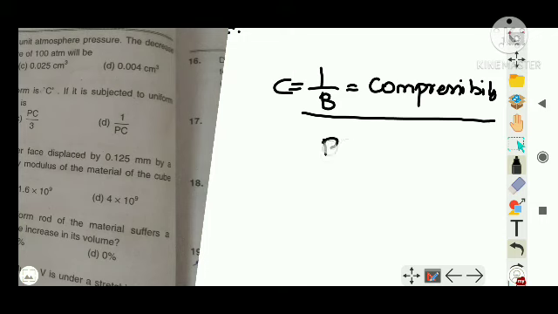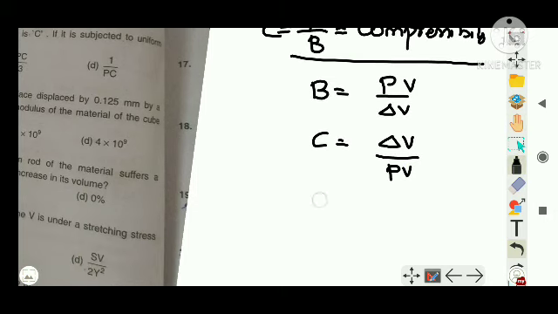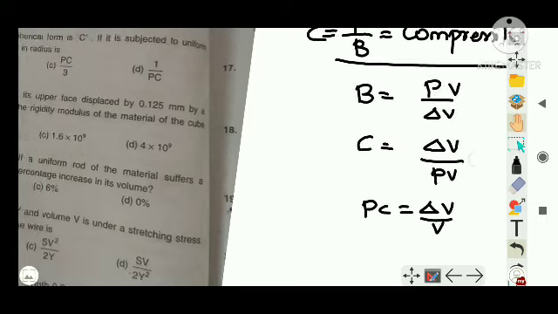So you know B is equal to P into V by delta V, right? So 1 by B or C is equal to delta V by PV, right? Or I can write PC is equal to delta V by V. Clear? Very easy, right? Now,